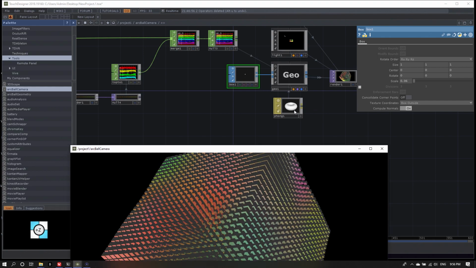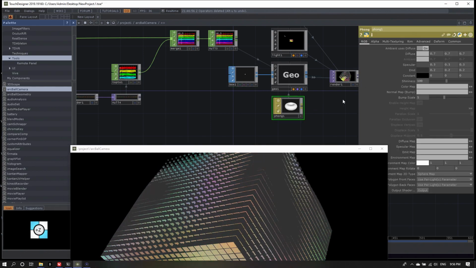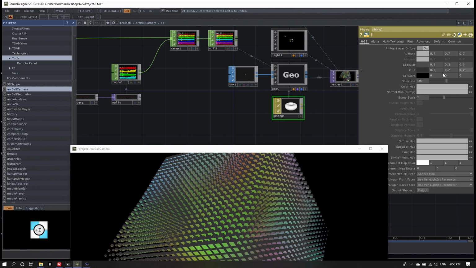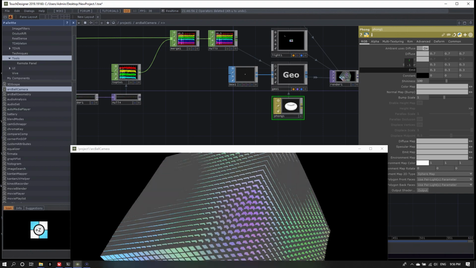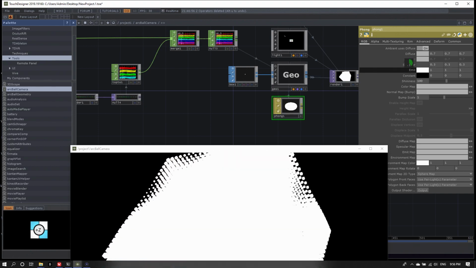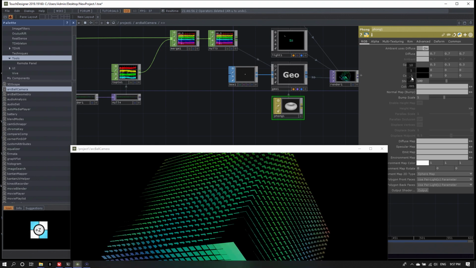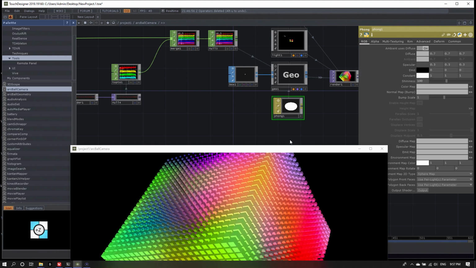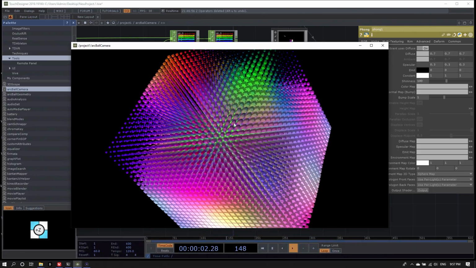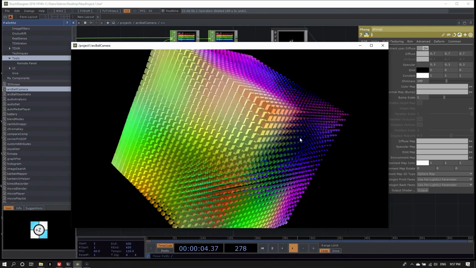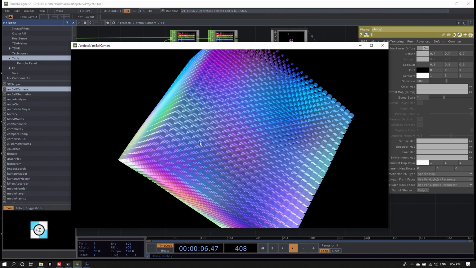It looks a little bit different actually. You could use a constant MAT here instead of a Phong, or just set the emit to 1. Set the constant to 1. And you get the same vivid colors that we had in the example I showed you before.